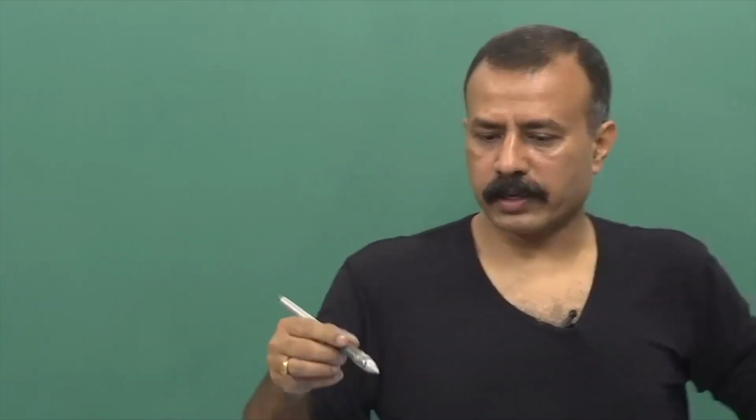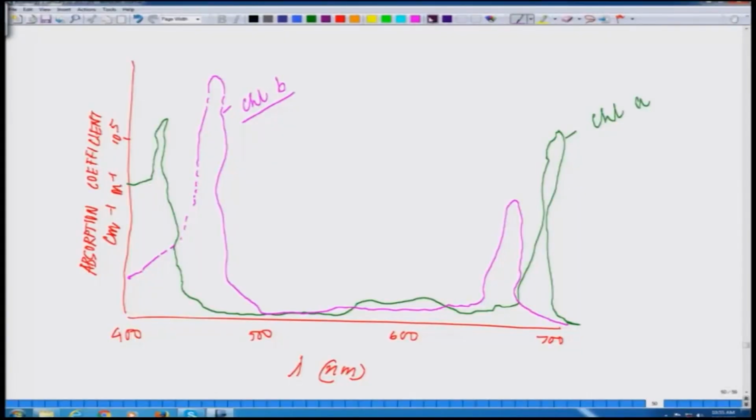Now, to summarize this particular slide, what we are observing is that the absorption spectra of chlorophyll A and B are different. These are the take home messages: absorption spectra of chlorophyll A and B are different. This is the first conclusion you have to draw from this. And secondly,